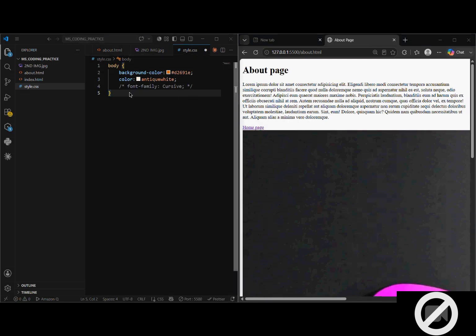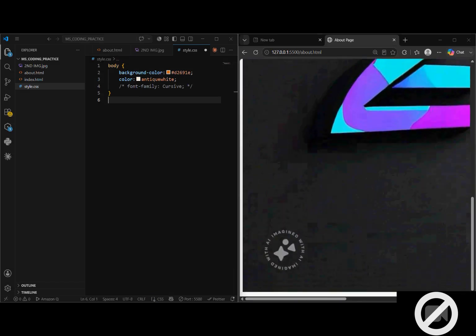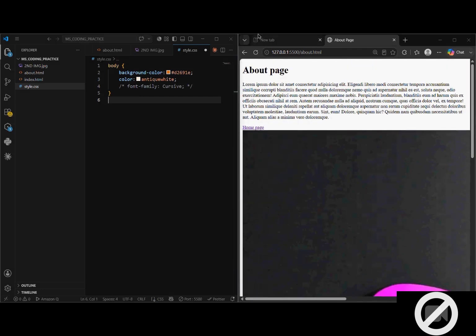So we come here. This is the body, or this white space that you are seeing all through the browser. That's the body of the browser. So once I save it now, you see that everything is going to change, the background color is going to change to this orange-like color. So if I click Ctrl S,